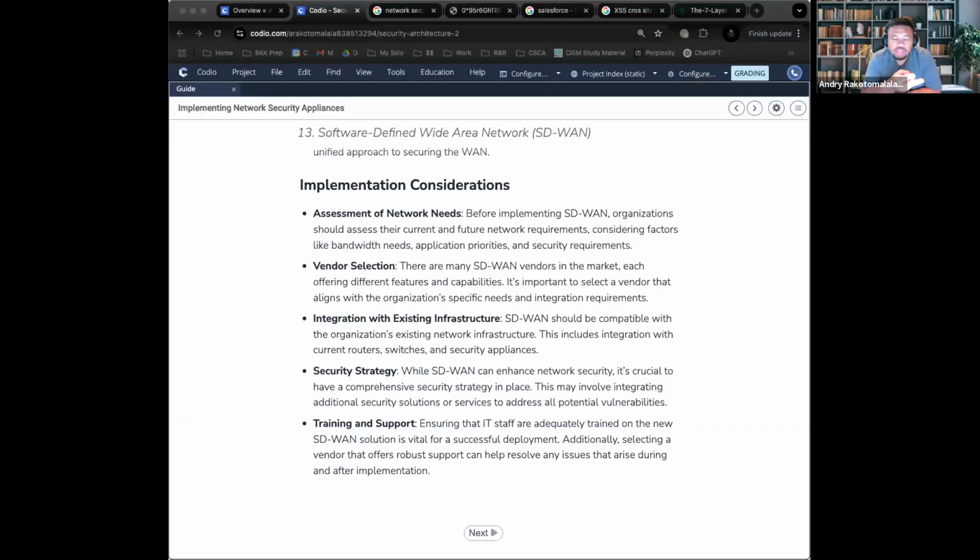And then you want to make sure that that vendor can integrate with your current existing security tools. That's an important one. If you buy a vendor that can't integrate with your systems, well, then that is another workaround that you have to figure out. So you need to make sure that it integrates with your system. And then you need to make sure that there is adequate monitoring and adequate security, training, and support. Those are the ways that you implement the software.